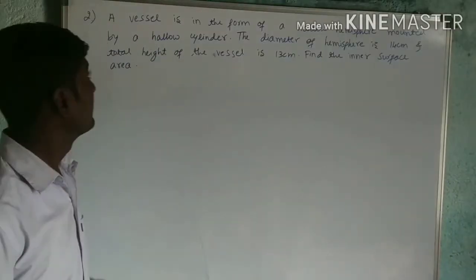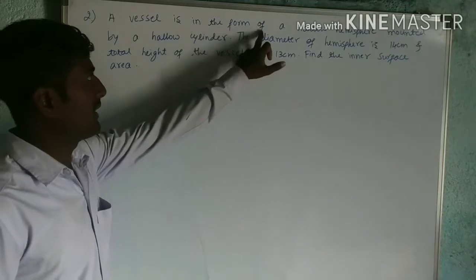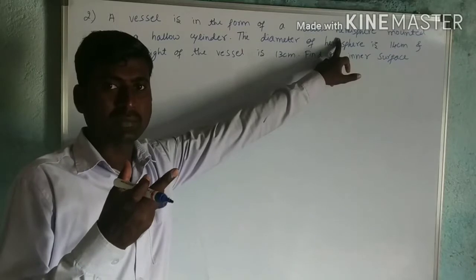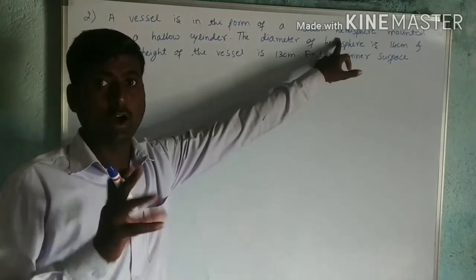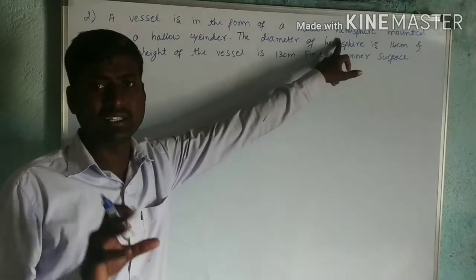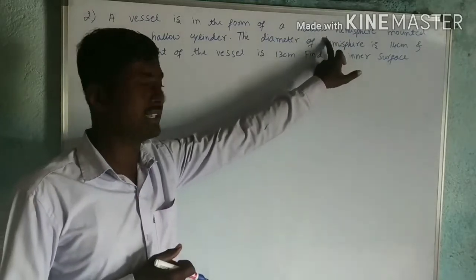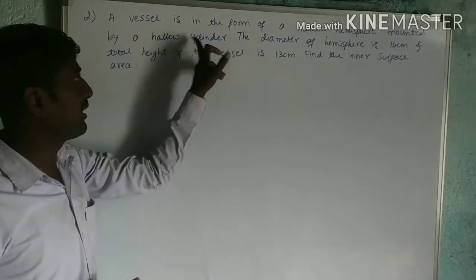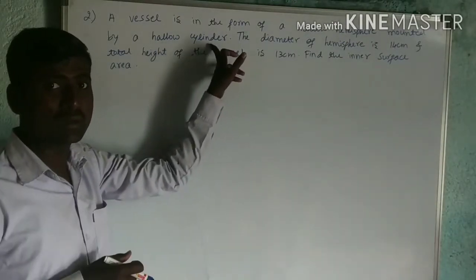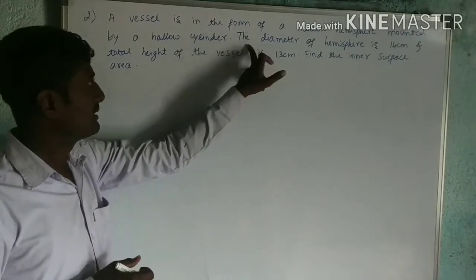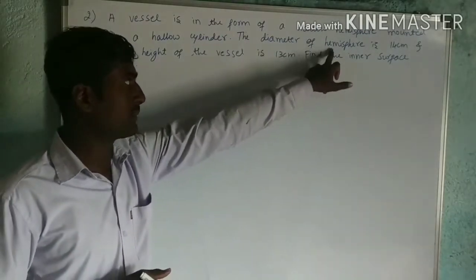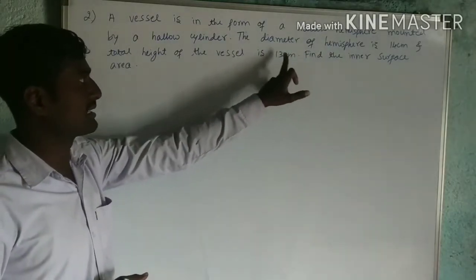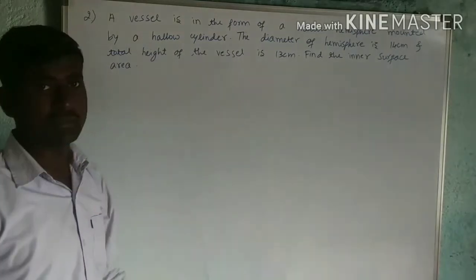Now the second question. A vessel is in the form of a hollow hemisphere. Hollow hemisphere means inside the hemisphere that is open. Okay. It is hollow, empty. Inside the hemisphere it is open or empty, hollow. Mounted by a hollow cylinder. Again, hollow cylinder means inside the cylinder open, okay, empty. The diameter of the hemisphere is 14 centimeter. Diameter is given 14 centimeter and total height of the vessel is 13 centimeter. Find the inner surface area of the